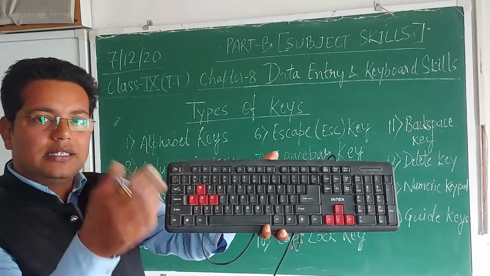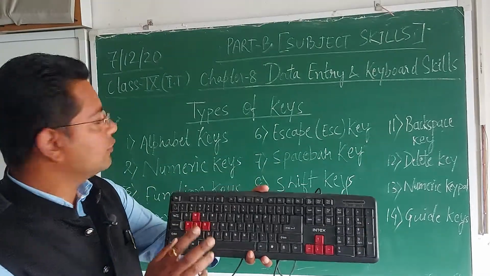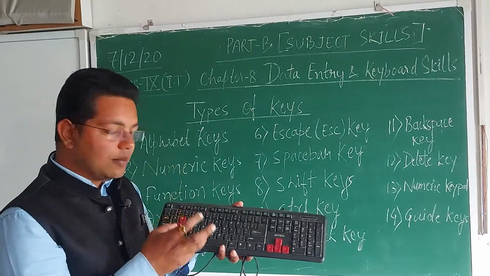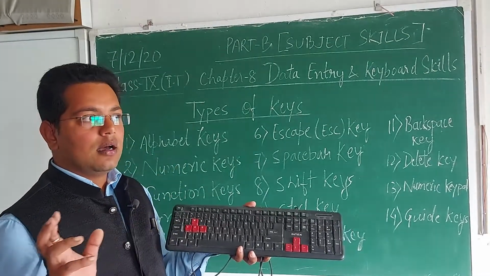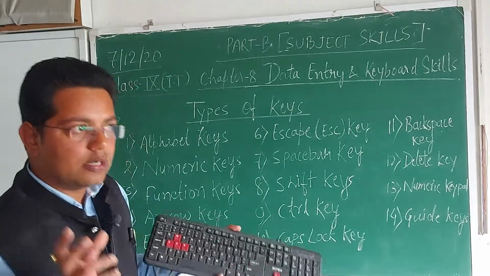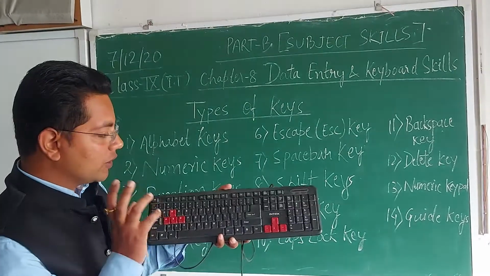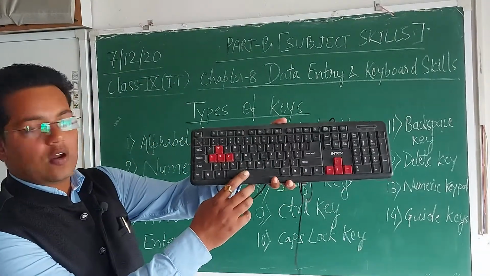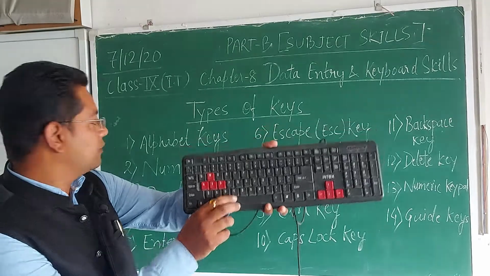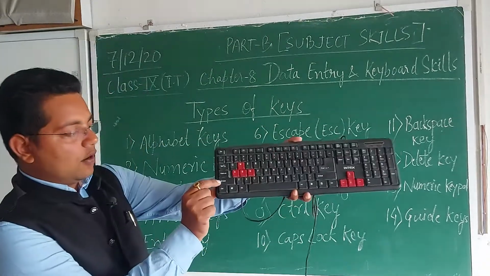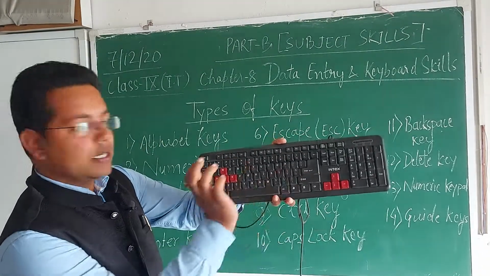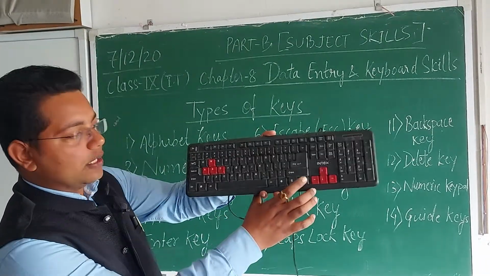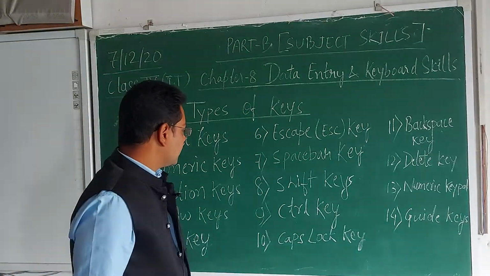We will read the different functions of all the keys, but I am just discussing about all the keys which is present on the keyboard so that you should get a good picture, okay, or a little bit idea you should get, okay, about the keys which is present on the keyboard. The next one is that is space bar key. See, this is the longest button. This is space bar key. Shift keys. See, one shift key is here and the second one is here. Next, control key. See, this control key and one more is this one. Okay. After that, caps lock key.